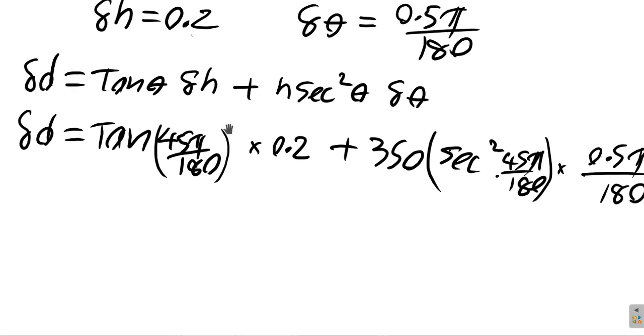So we do a calculation. The tan of 45 in degrees is 1, and the tan of 45 pi over 180 is also going to be 1. So you're just going to have 0.2 here, because it's 1 by 0.2. Alright, so you have 0.2 plus 350 times